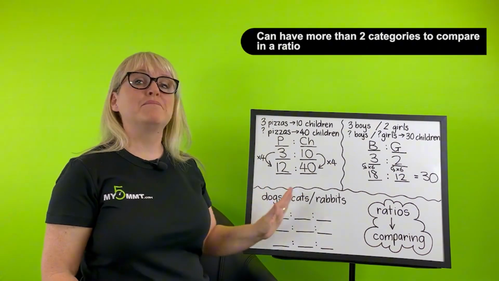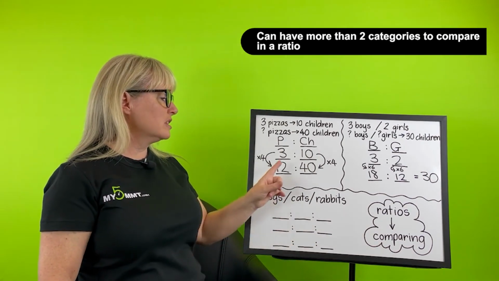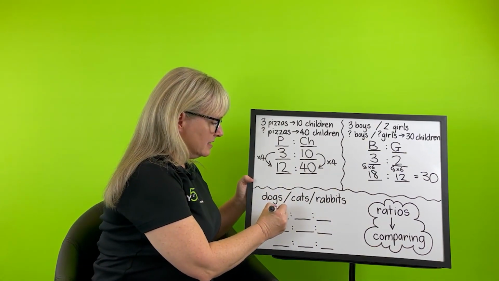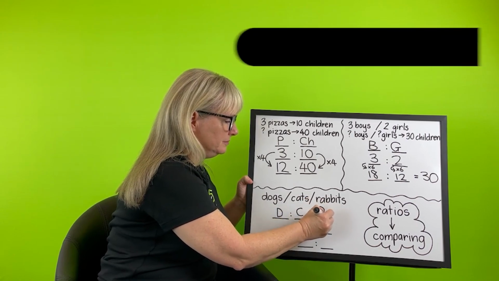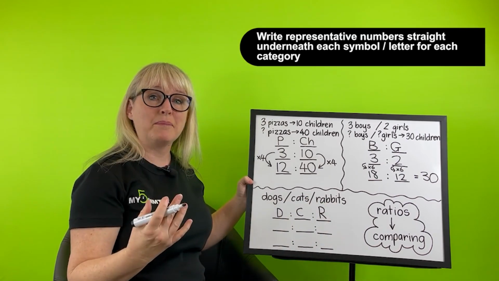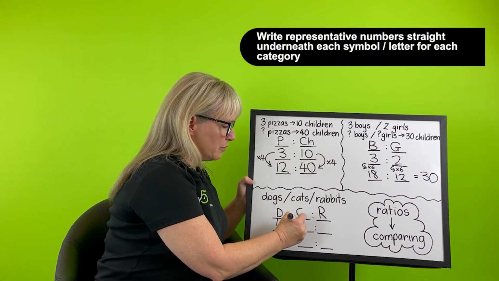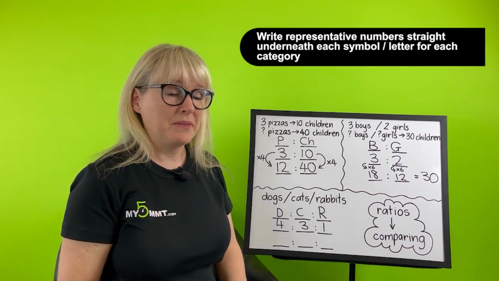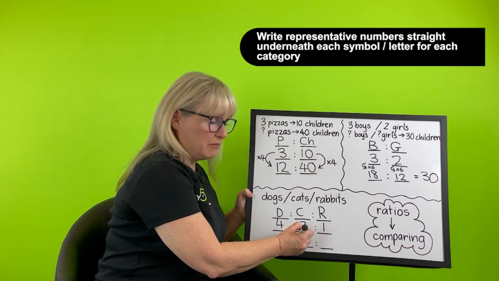I can even have more than 2 categories or groups that I'm comparing. I could have dogs to cats to rabbits. Grabbing the first letter, I can say this is dogs, this is cats, and this is rabbits. Straight underneath, I write my information. Well, if I had 4 dogs to 3 cats to 1 rabbit, normally in a pet shop, let's have a think how many I could have using my ratio